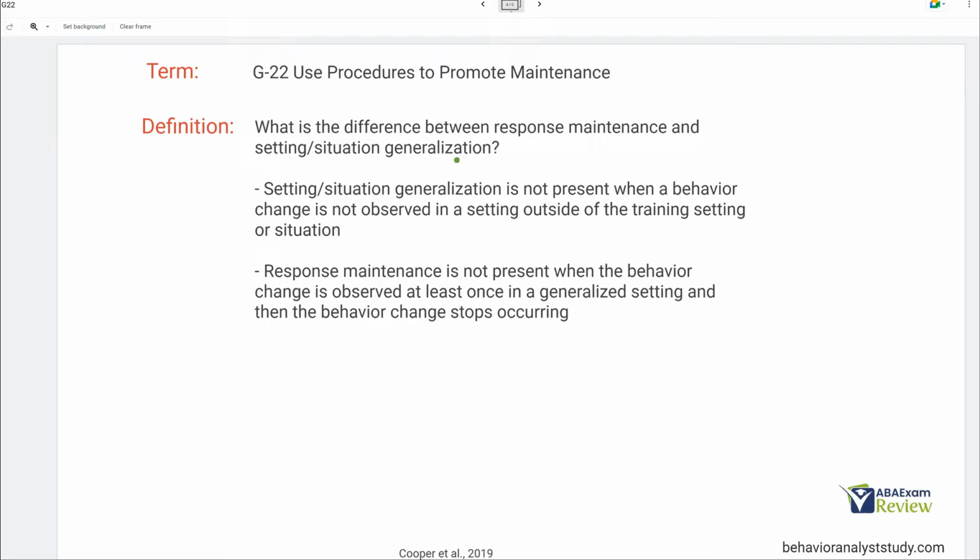And then finally, what is the difference between response maintenance and setting situation generalization? All these generalization ideas, all these maintenance ideas are very similar. So how do we distinguish or discriminate between the two? Well, in order to discriminate between the two, we're going to use non-examples. So for example, setting situation generalization occurs, right, when a behavior change happens outside of the teaching setting. Setting situation generalization is not present when that behavior change is not observed in a setting outside of the training setting or situation. In other words, if you teach something, but that behavior doesn't happen outside of the teaching environment,